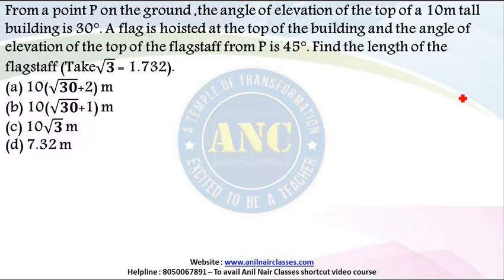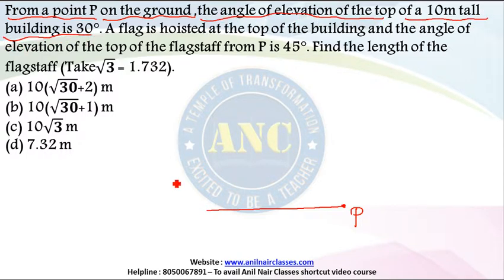Next, question number 31. Let us understand it statement by statement. Your 31st question is, from a point P on the ground. This is on the ground. Let me draw that ground right now itself. Okay. From a point P on the ground, the angle of elevation of the top of a 10-meter tall building